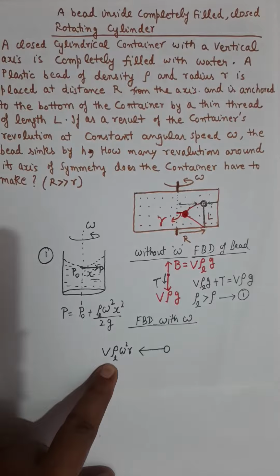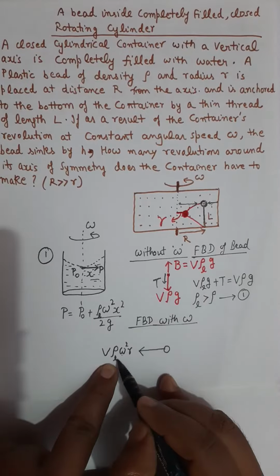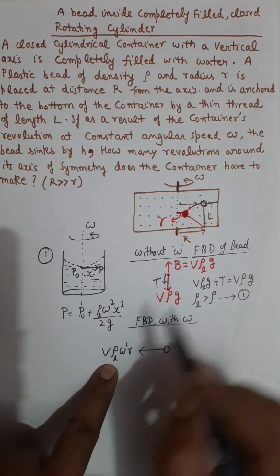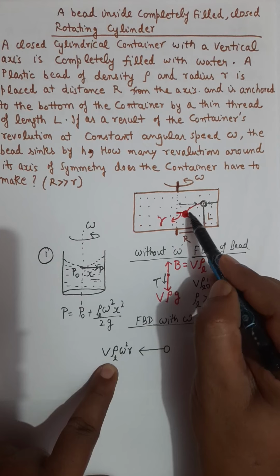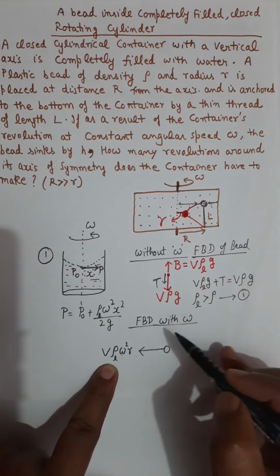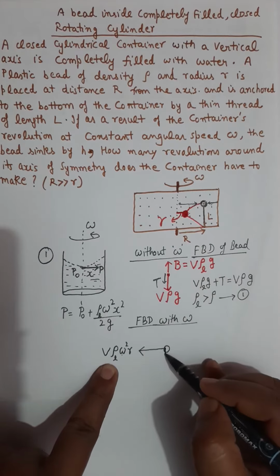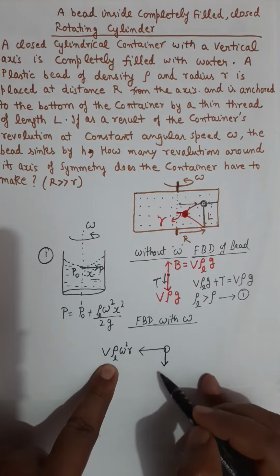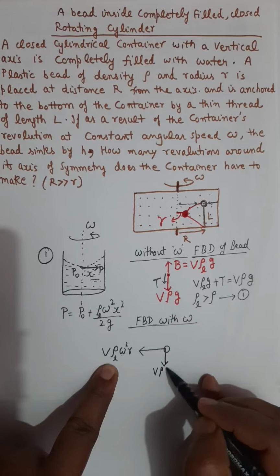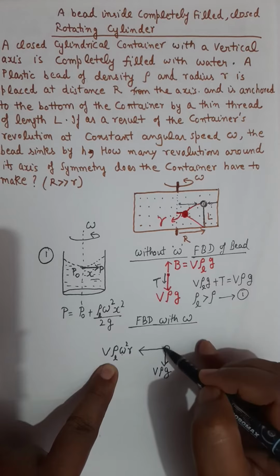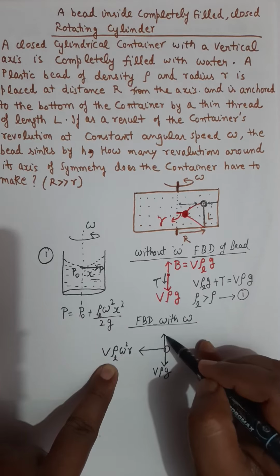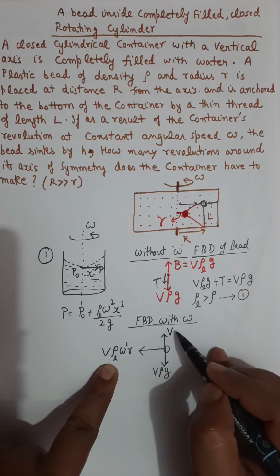Apart from this force, which is caused by pressure difference on both sides, other forces will be the weight of the bead, which is again V rho g, and the buoyancy in the upward direction because of acceleration due to gravity,